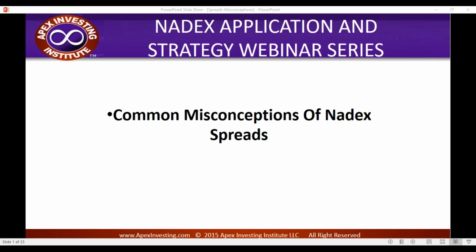We're going to do just a quick review of the basics of spreads and how they work. Nothing too long, just real quick to set our foundation. Then I want to hop straight on to the Nadex platform here and try to show you a couple of examples of how different spreads could be used differently, or how choosing one spread over the other might help you understand why something wasn't exactly working out for you. But we're only about an hour and 15 minutes away here from the expiration of a couple of spreads. So I want to jump into something here in just a second, but let's knock out our